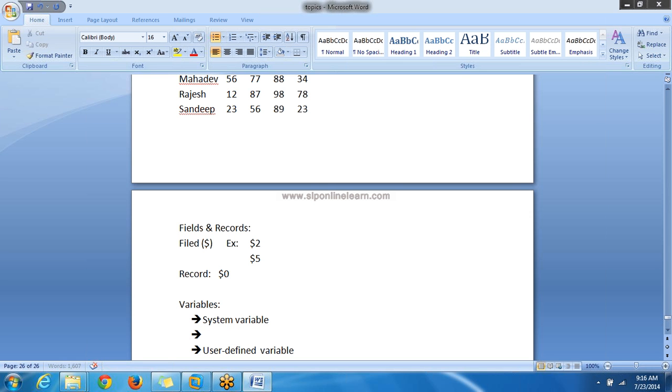Like this, we have some system variables, meaning AWK reserved variables. These variables are reserved for the AWK command. We have seen system variables in the Unix operating system, like $PATH. Path is a system variable. Like this, the AWK command has some reserved variables.